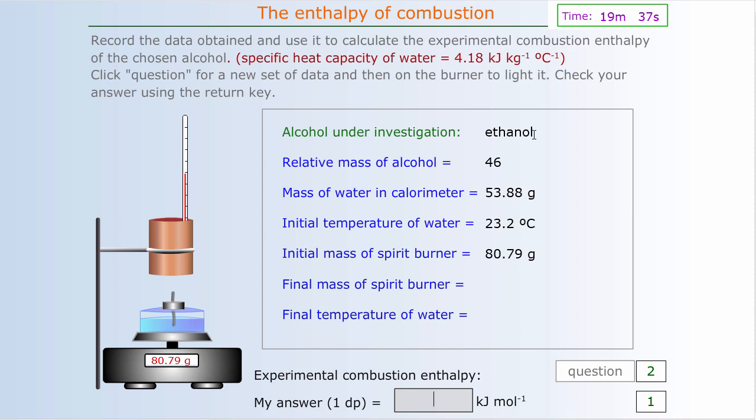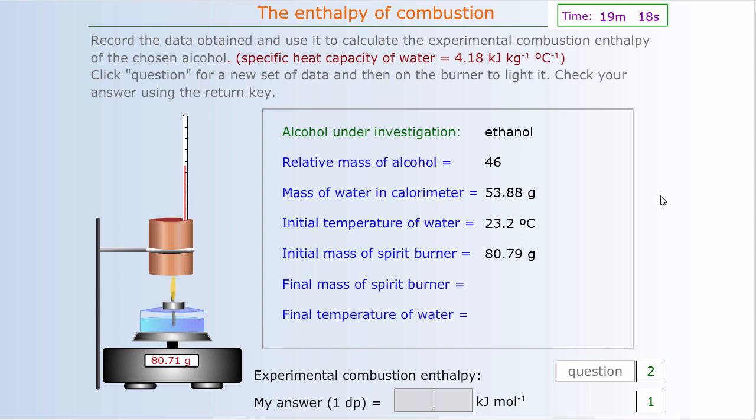This time we have ethanol. And we're told the relative mass of ethanol, the initial mass of water in the calorimeter, and the starting temperature is 23.2 degrees Celsius. The initial mass of the spirit burner is registered here, 80.79 grams. Let's click on the spirit burner,